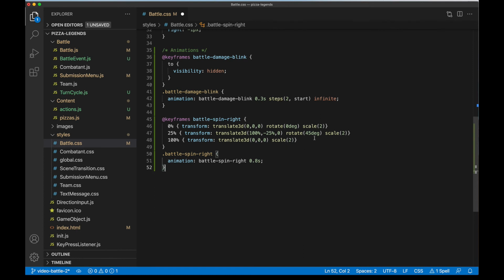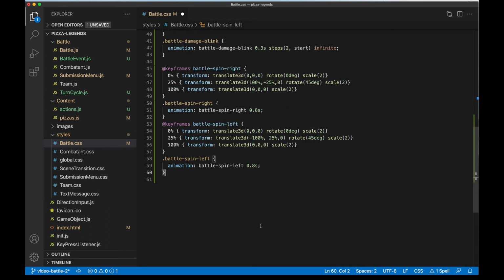We're also going to rotate as we get there. Then at 100%, we want to return back to where we started. And so it's kind of going to fling over there and then slowly make its way back. This battle spin right class is just a way for us to apply the animation to an element. We're also going to bring in styles for the exact same thing, but for coming from the other direction. So say you're on the enemy side, we need the values of the animation to be a little bit different. Same concept though, stationary, to the left, move back to where you started, and then a class for applying it